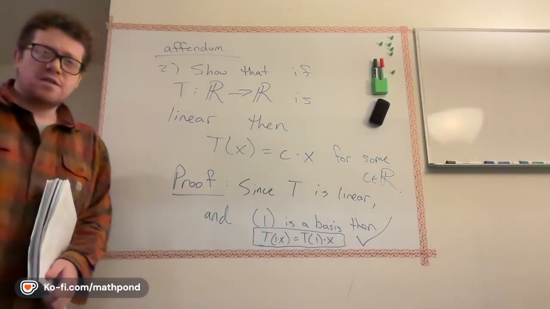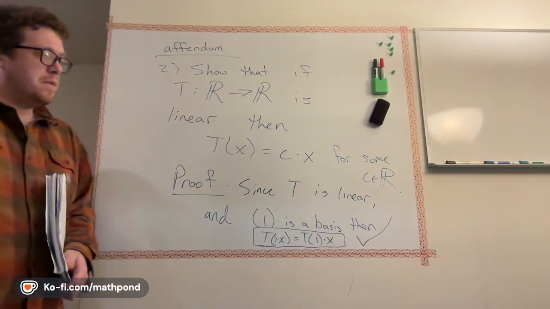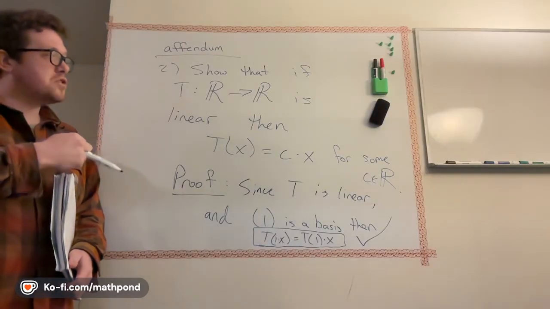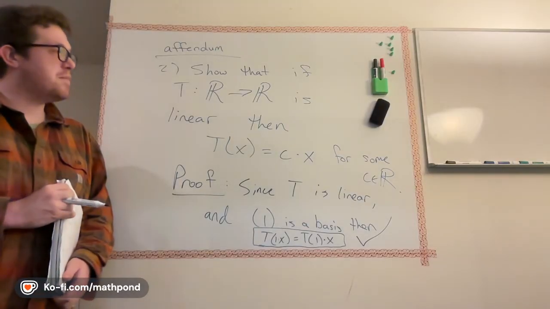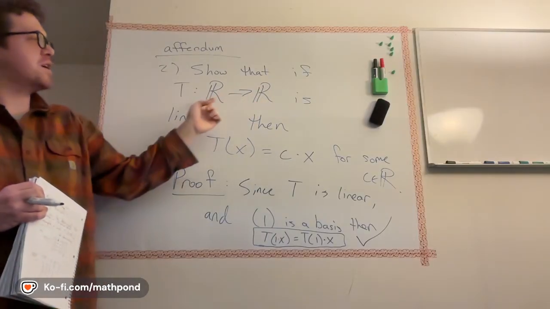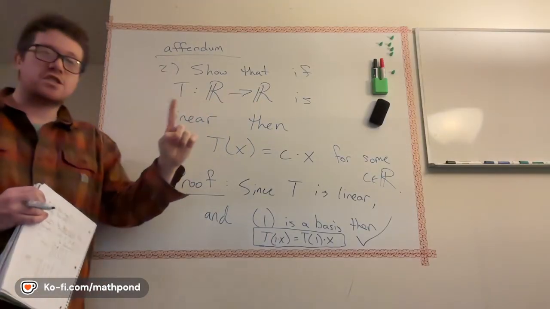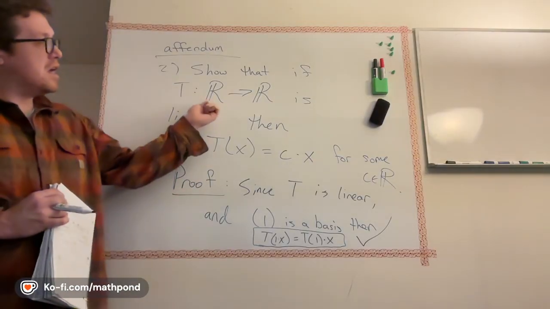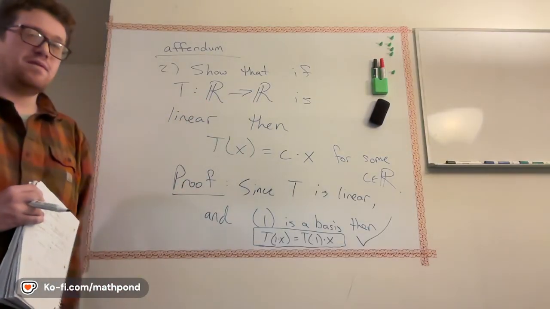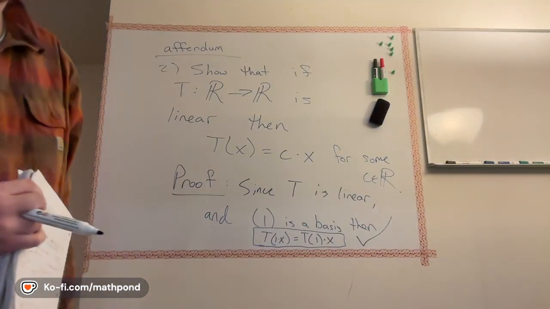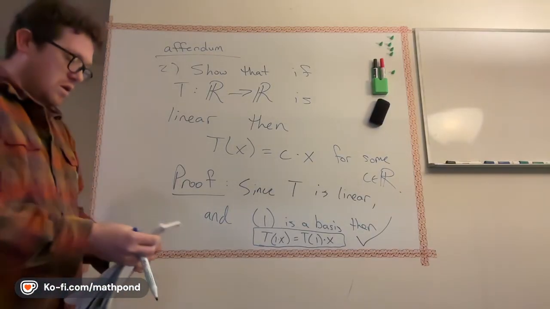Any questions about this, Offendum? So basically, you just are assuming it's a linear transformation, and because of the linearity, you get a lot of rigidity in what kind of function it can be. Really, it's all just determined by where it sends the basis, and since there's only one basis vector, it's just determined by where you send that number 1.